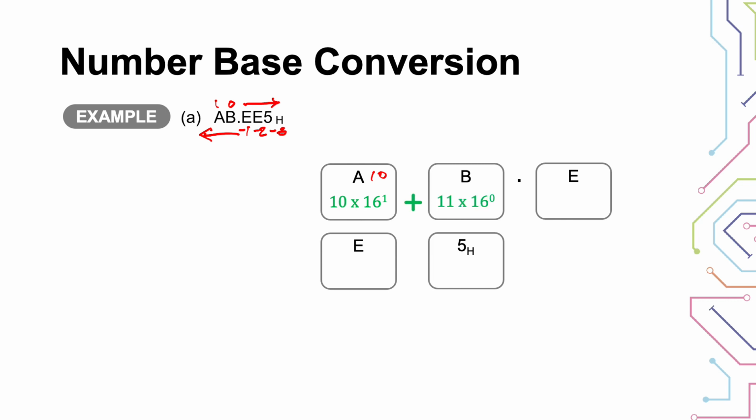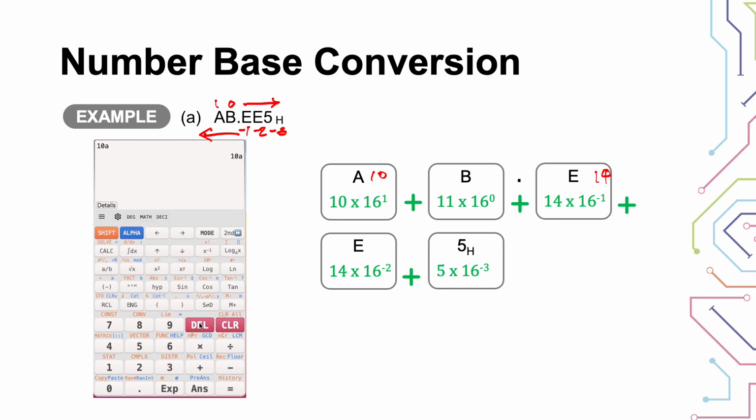We add B, which is equivalent to 11, with the exponent of 0 and the base of 16. And then E, since this is equivalent to 14, right? So that is also its result, with the corresponding weight of the exponent. And another E. And lastly, 5. Now if we use our calculator for this calculation,